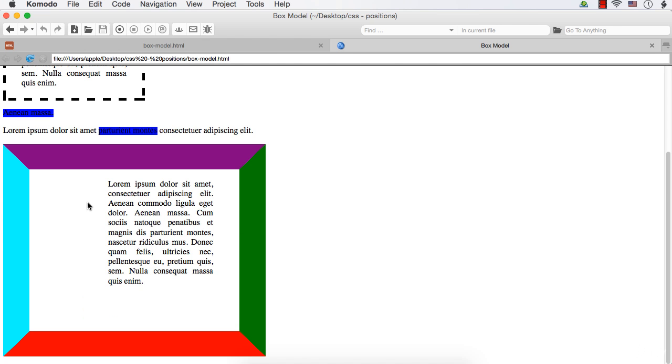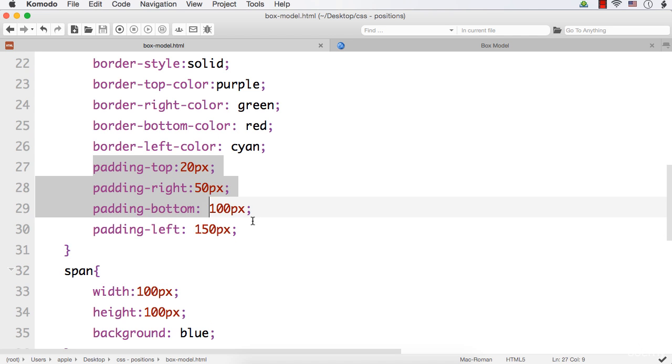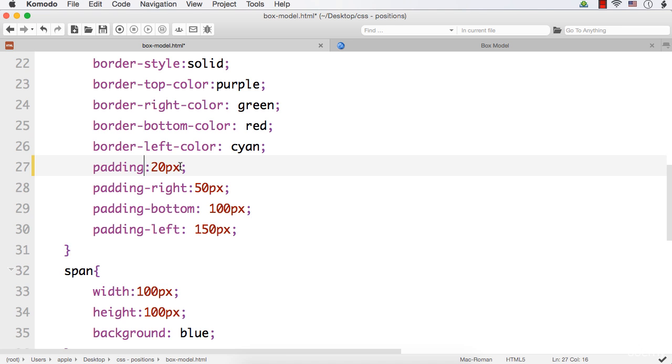So when we calculate the width, we need to consider the width of the left padding, left border, width of the content, right padding and right border and also left margin and right margin. So here we are using longhand properties and if you want to set four different values, you can do it using padding itself. There instead of setting one value, you need to set four different values. That is the only difference and you need to set the values in the order top, right, bottom and left.